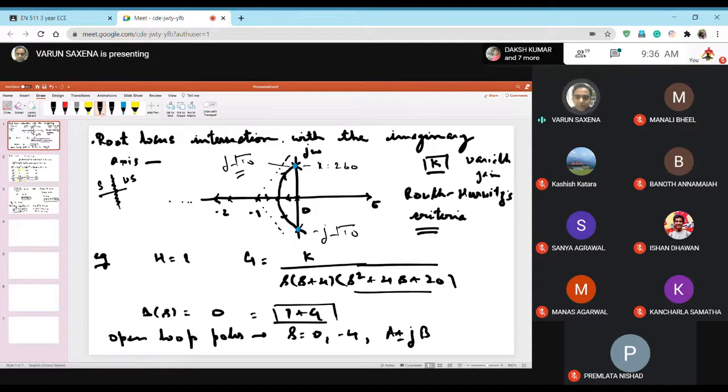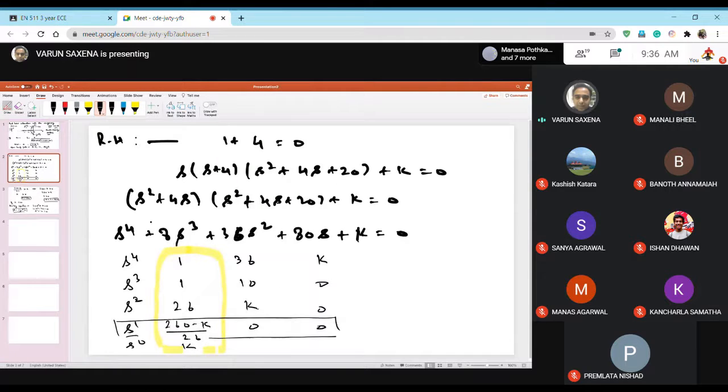So you're given a system which is a unity feedback. If it isn't a unity feedback, you make it a unity feedback. Once you've made it a unity feedback system, you will take the G and construct a characteristic equation. And once you construct the characteristic equation, you will apply the RH, which is the Routh-Hurwitz criteria, to find out the values of K. So you lay down the table, you proceed in the same way, the tabular method that we had studied for root locus, and you find out this first column.